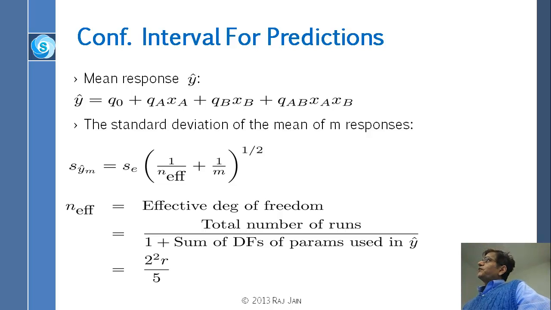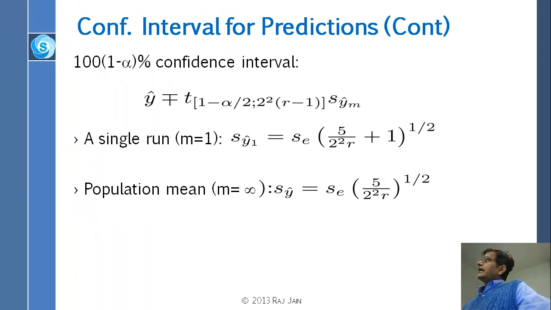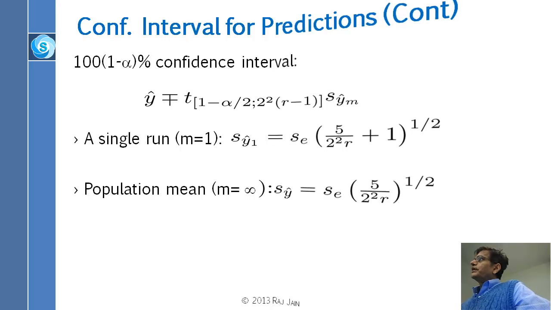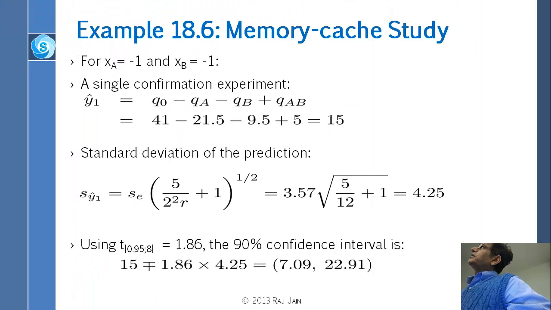The confidence interval is computed the same way, just with t values, and m is the number of observations that you will take in the future. If you just take one observation, you put m equal to 1. If you take infinite observations, you put m equal to infinity, and that term will go away. So the example is the memory cache study,